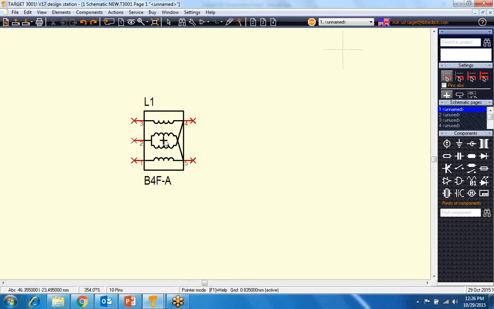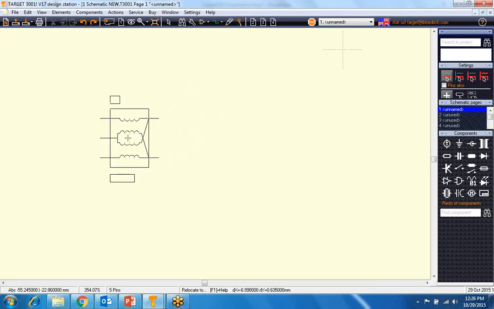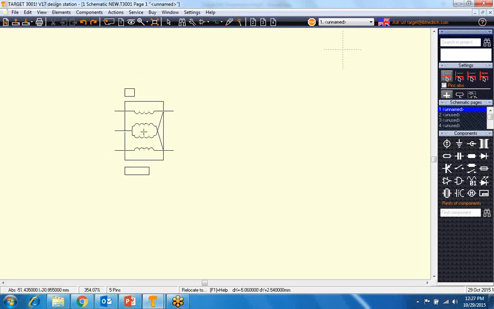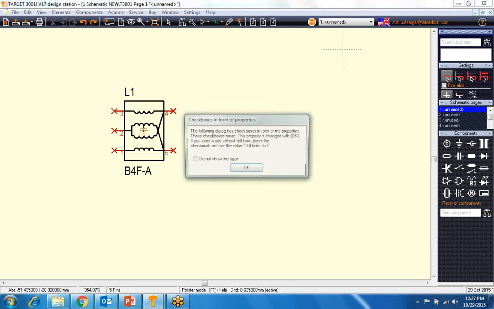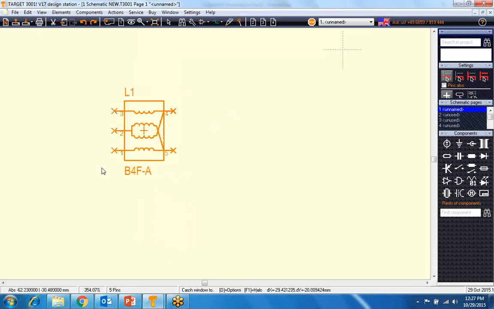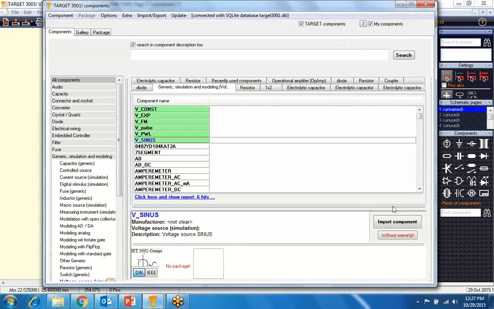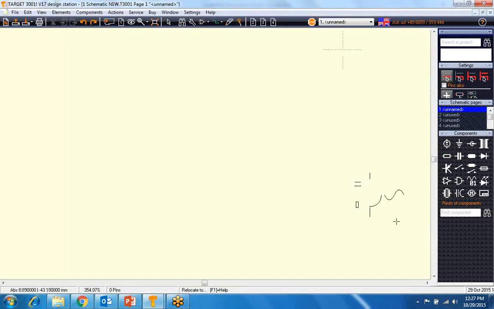How can we label it? We can edit that. Yes, you can edit any of the components. I'll show you one circuit and the complete whole flow of the software. Just click on the component, you can have the simulation values and all these properties of the component. I'll show you a small circuit in which we can see how the software works.